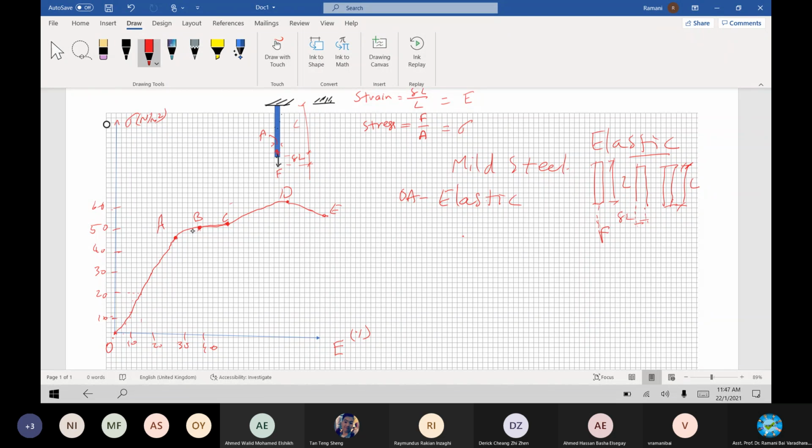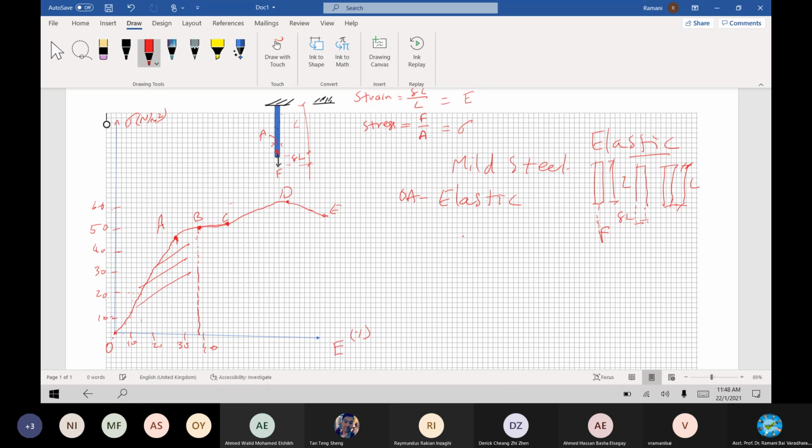Start from here, A to B. A to B is kind of elastic, but I cannot say this is fully elastic. Although we classify it, I put it in a different color. This is also treated as almost proportionate, but not exactly proportionate. Only up to this point is Hooke's law satisfied. Up to this point, slightly satisfied, but still it is in the elastic limit, elastic behavior of the member.